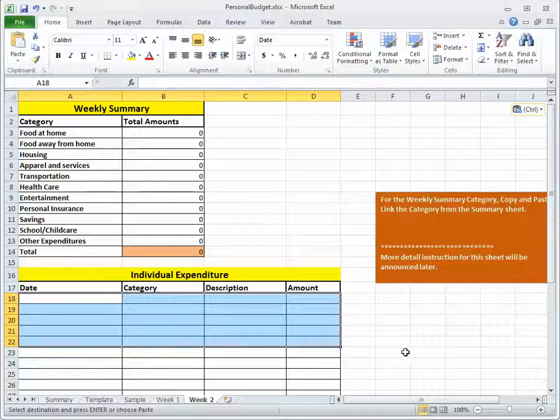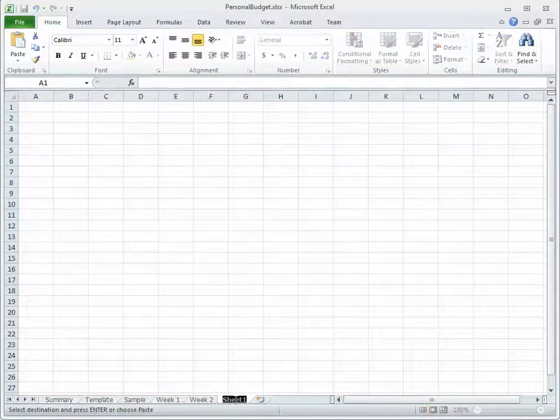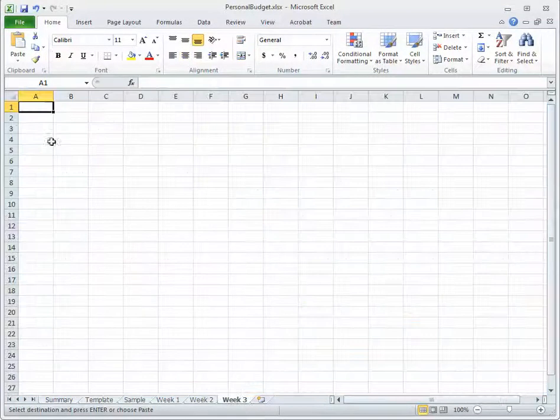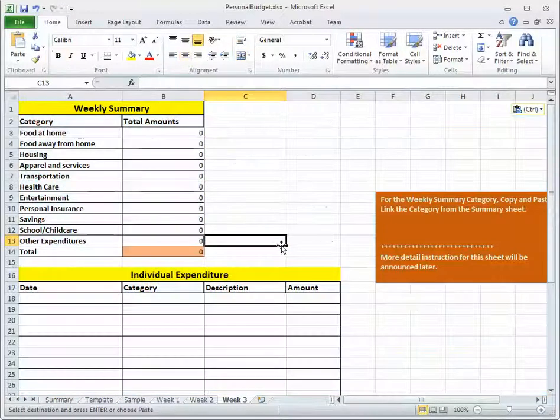Alright, so next one will be inserting more sheets here. So click on add more sheet button here, and then double click that, and then you replace that with week 3, hit the enter key, go to template, copy the entire sheet, go to week 3 and paste it. And you can just go on,